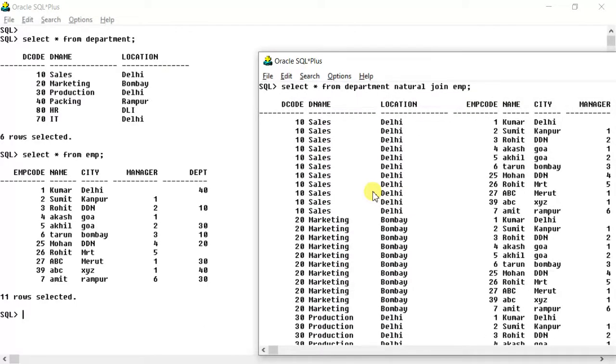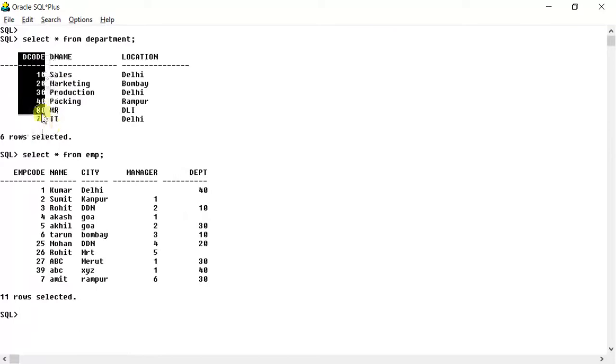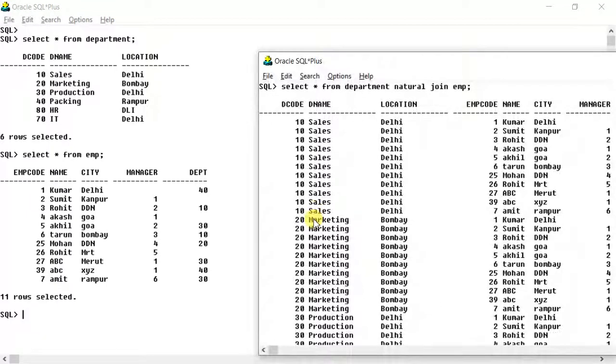Now, why? Please understand that natural join can be performed only if the joining column has the same name. This thing should be very clear to you. So if the joining column name is not the same, you cannot use natural join. You will have to use explicitly equi-join. So what will we change?